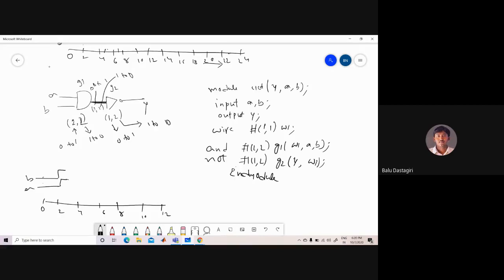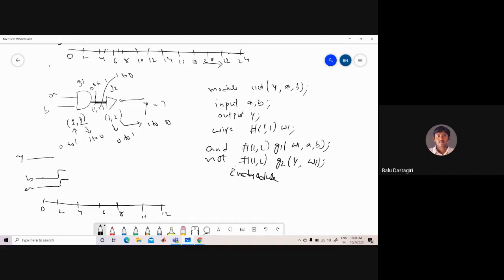Since this is the input to the NOT gate, the output of the NOT gate, that is Y, becomes 1. So initially the Y output will be 1. After 2 units of time, I have changed A and B to 1.